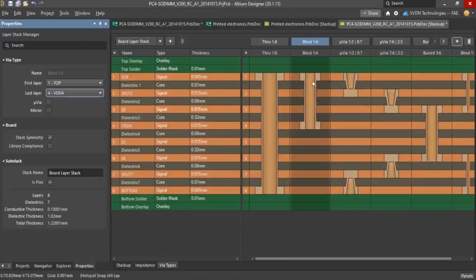Suppose I want to go from top to fourth layer, and if it is a micro wire, then you can use this symbol. Okay, micro wire is not applicable for this. You can go to either 2 or 3. 1 to 3 layer can be applicable micro wires. 4 is difficult. It's a laser drill, right? So that's why you can go with this wire.